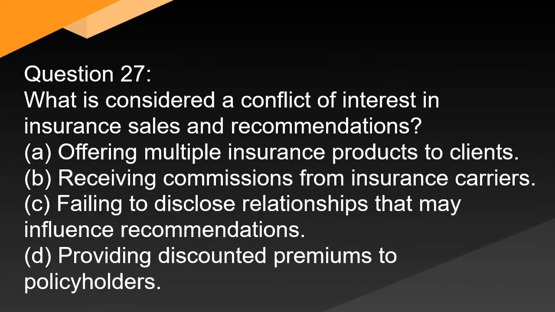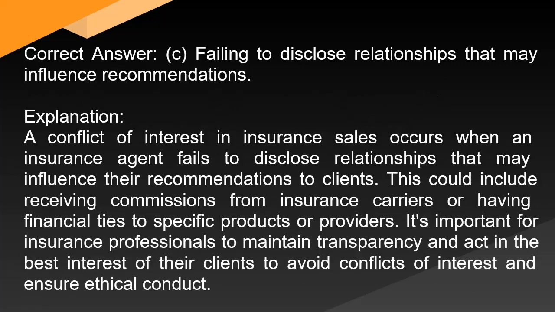Question 27. What is considered a conflict of interest in insurance sales and recommendations? Correct answer: C. Failing to disclose relationships that may influence recommendations. Explanation: A conflict of interest in insurance sales occurs when an insurance agent fails to disclose relationships that may influence